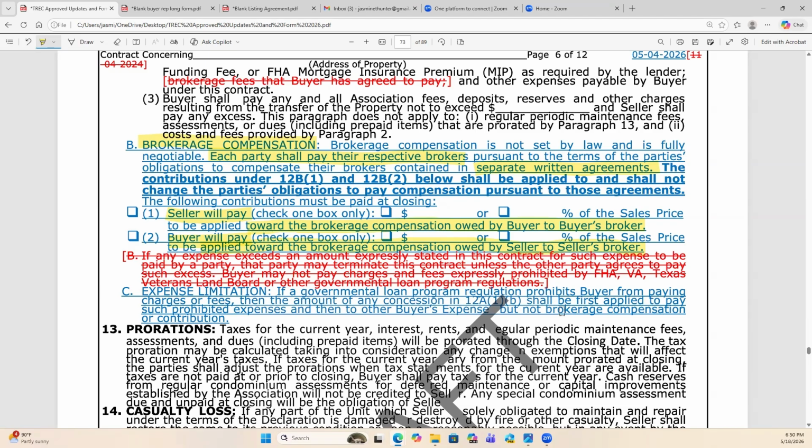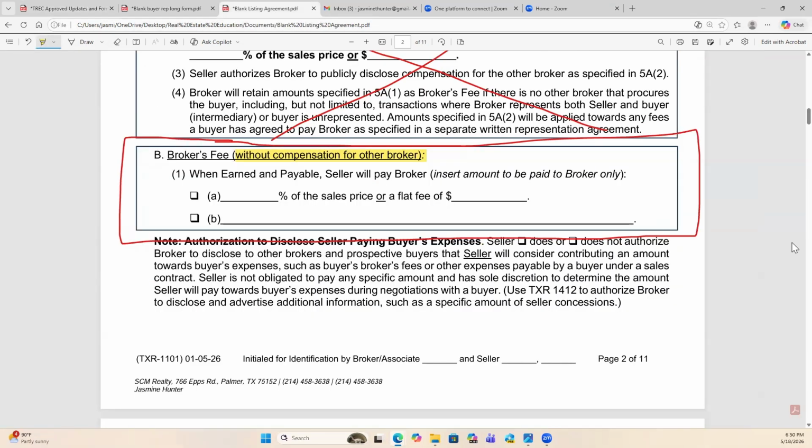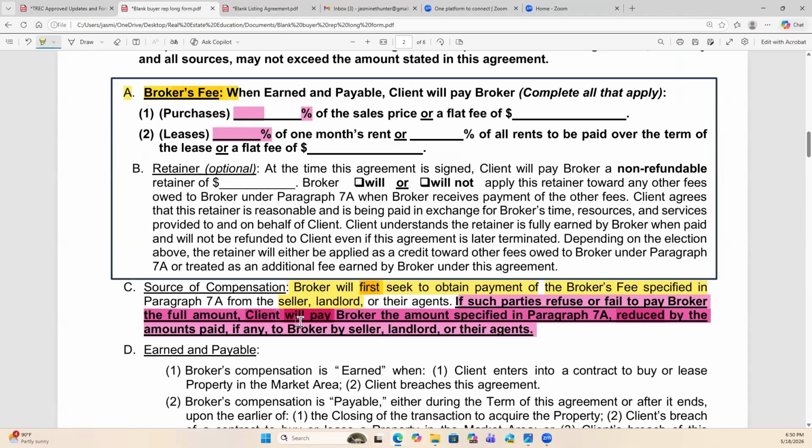Specifically, how much? Now, how much does the seller pay the listing broker? That does not need to be talked about here because that is talked about in the listing agreement, as always. There hasn't ever been a spot in the contract where the seller's contribution to the listing broker is actually listed because we have a listing agreement that discusses that. We are good. The problem is on the buying side, the buyer's broker is supposed to first seek the payment from the seller and the landlord, right?